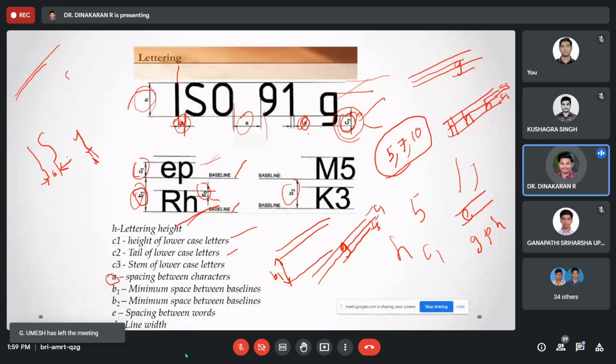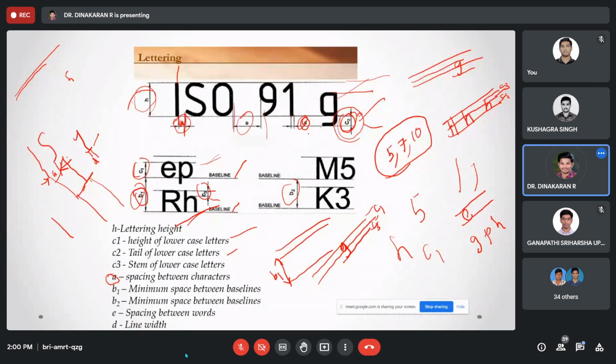In some cases, depending upon H, it will vary. But within 1 mm, can you measure it easily or not? It's not really possible. You only need a line thickness of 1 mm. If you just mark like this, it will come as 1 mm. In some cases they will give 5 mm, and then you can mark 5 mm. But if they give only 1 mm, how will you mark it? Just by approximation only. Okay, sir.